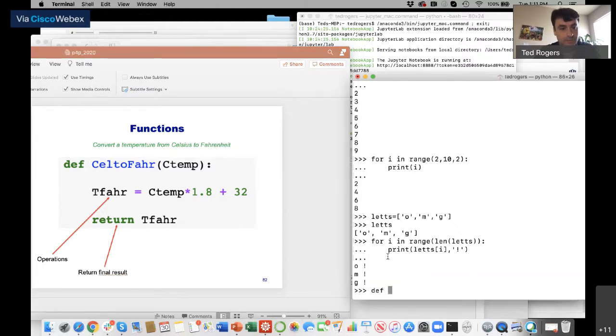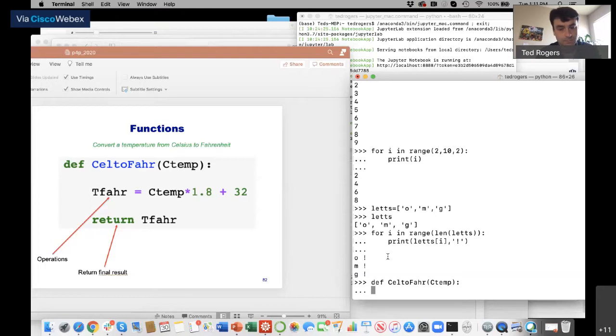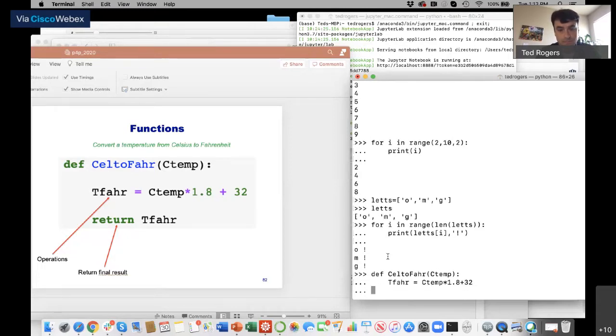So let's do def cel_to_far, that's Celsius to Fahrenheit, Ctemp, colon, and then temperature in Fahrenheit, tvar, is equal to Ctemp times 1.8, that star is the multiplication operation, plus 32. And then let's return tvar.